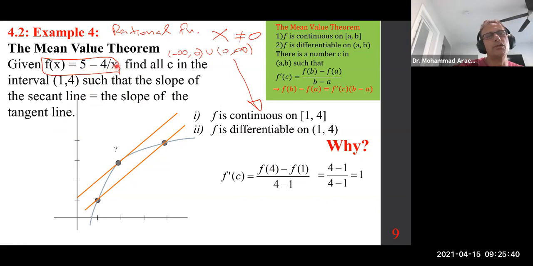Minus 4 x to the power minus 1 is minus 4 times minus 1 x to the power minus 2. So I hope you realize this is elementary. You know how to calculate this. So f prime is this. Set that equal to this. I'm assuming nobody has any problem differentiating. And therefore,